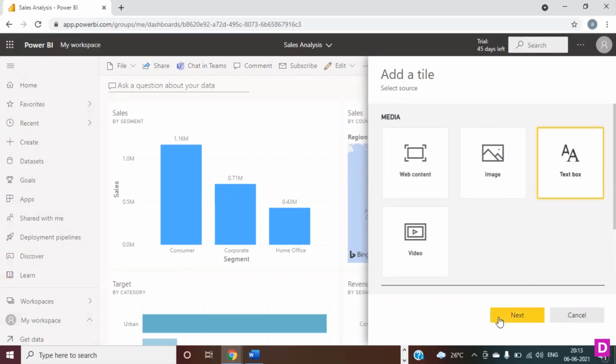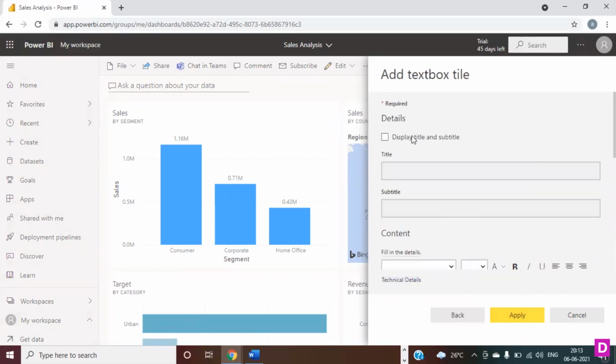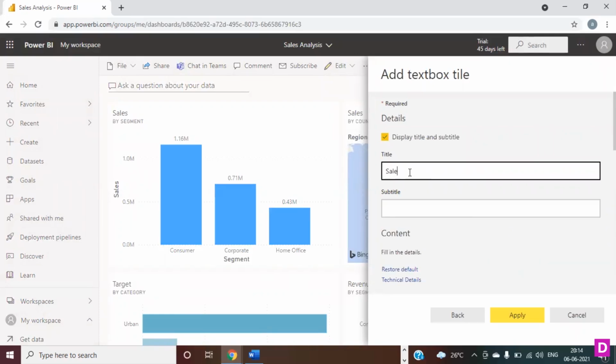As soon as I click on a text box and hit the next button, it will ask me for a display title and subtitle. Yes, I want to add a title for my dashboard. That's what my purpose is. My title of the dashboard is sales analysis, and my subtitle is this